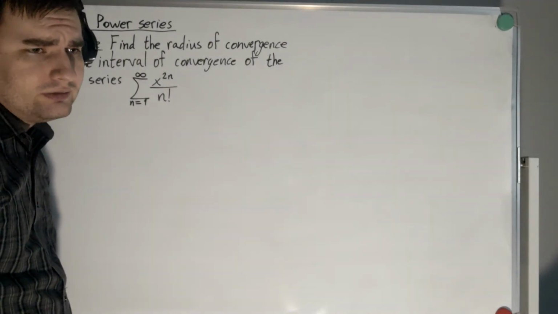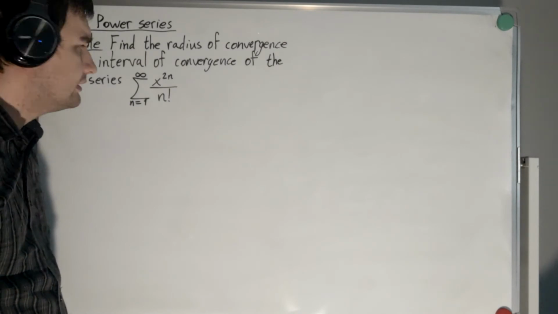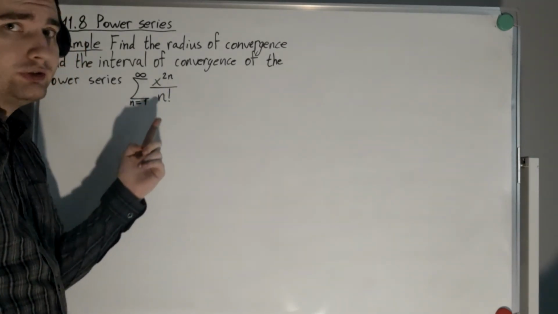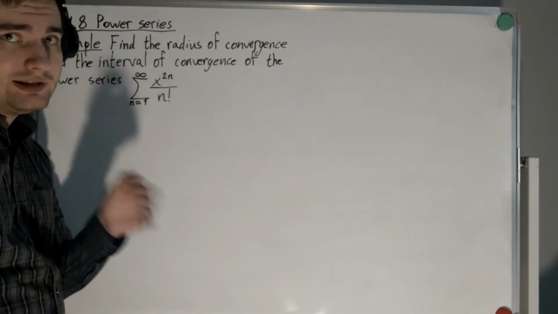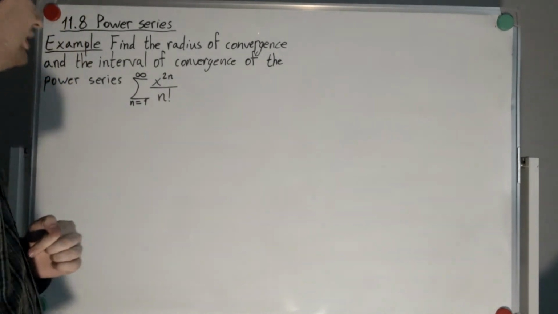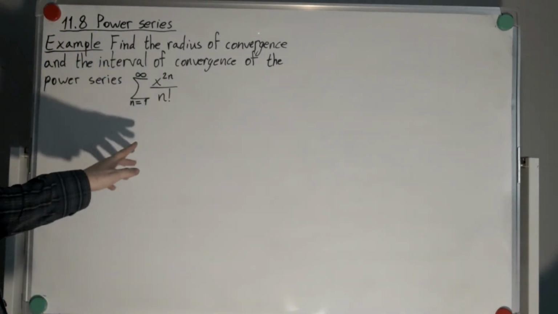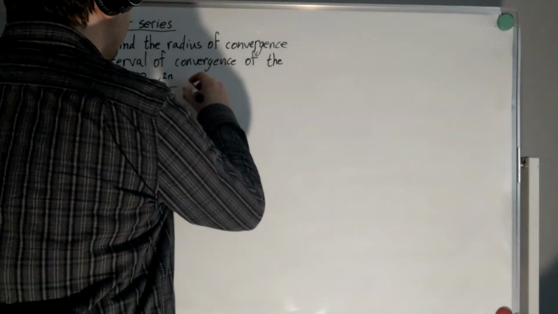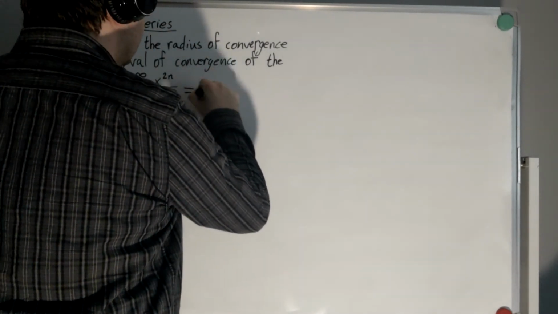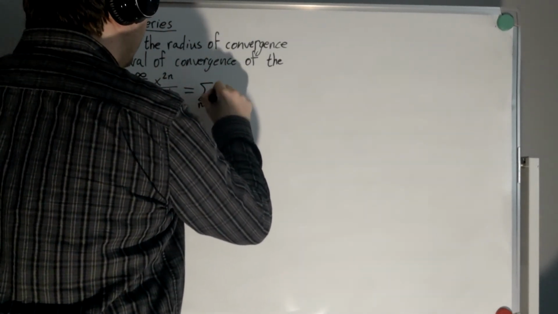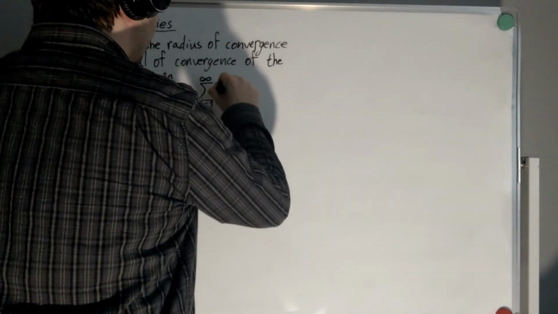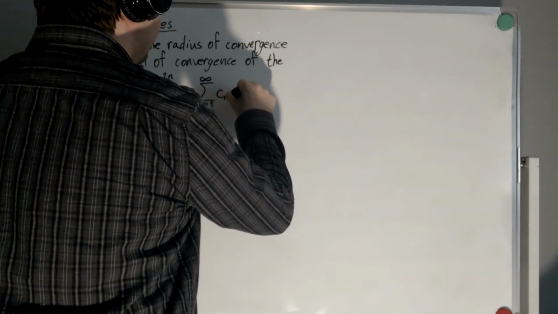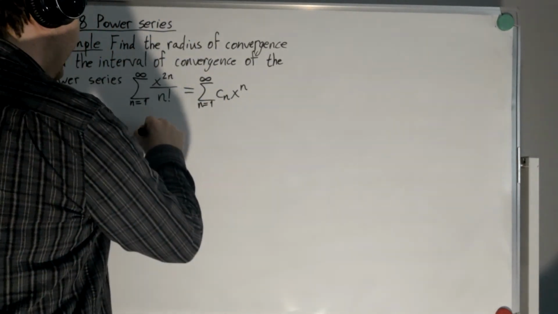You might be saying, well, this isn't really a power series because this isn't raised to the n, it's raised to the 2n. It is a power series, though. It is because this is the same thing as the power series sum from n equals 1 to infinity of Cn x to the n,